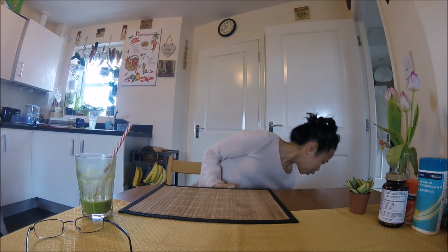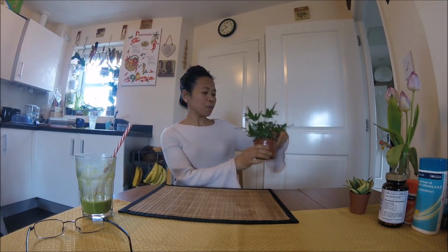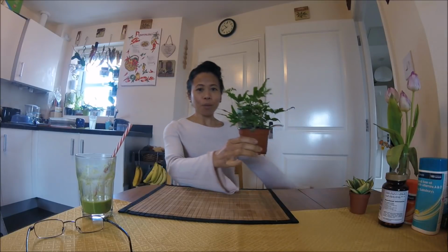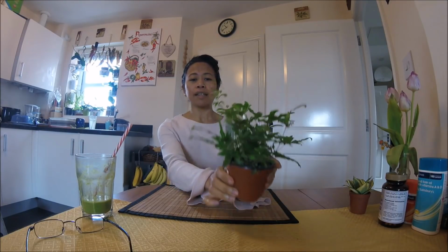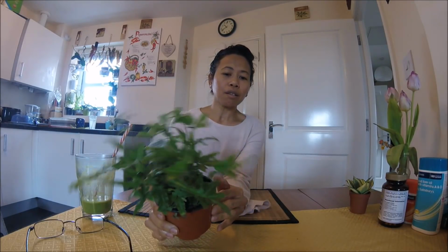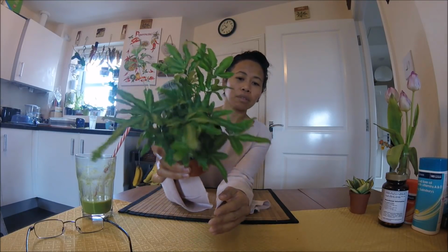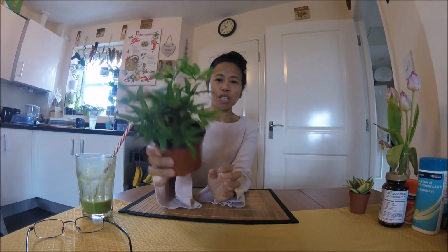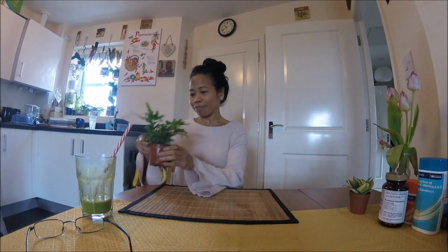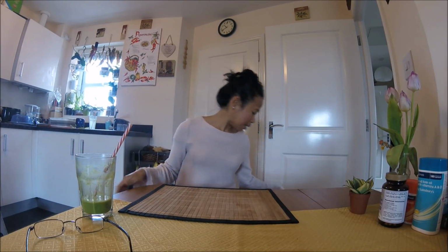And then the third plant is this one. So there were a lot of ferns today in the garden center, and look at this fern. So that's £2, really cheap. So that's the third plant, and then